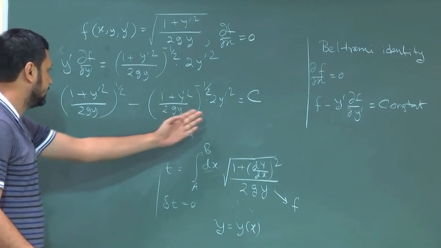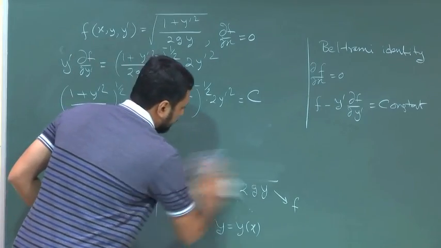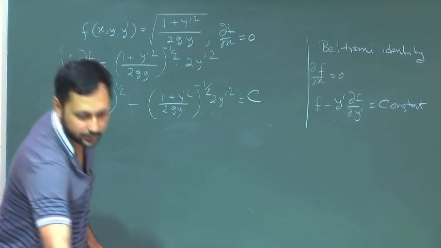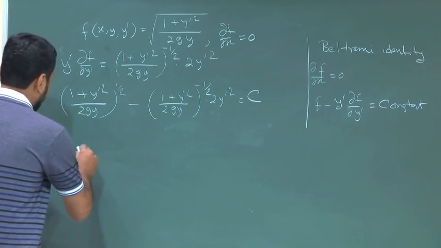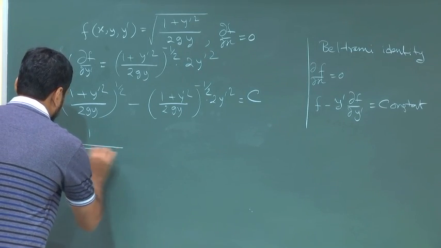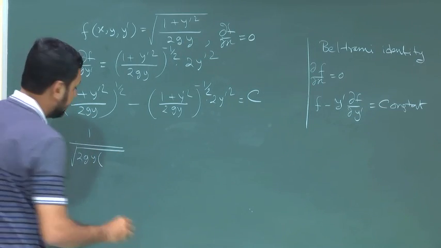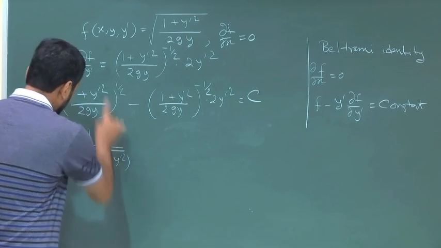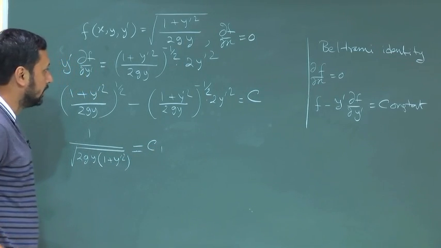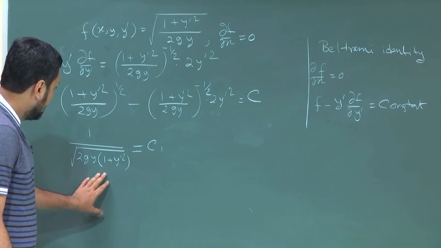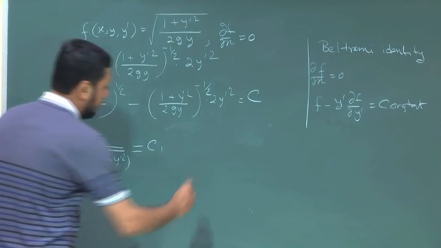Now, if we start simplifying from here, this will be just pure algebraic simplification. We can do that. If we do that, we will end up with the following expression. I mean this is just a lengthy process, but not much to be done here. So, finally, we will end up in this particular expression: root over 2gy times (1 plus y dash squared), it is basically 2 steps of algebraic calculation, equal to some constant C1. Okay. So, we can do that, and from here we can slightly modify this once again, and we can write this final expression as